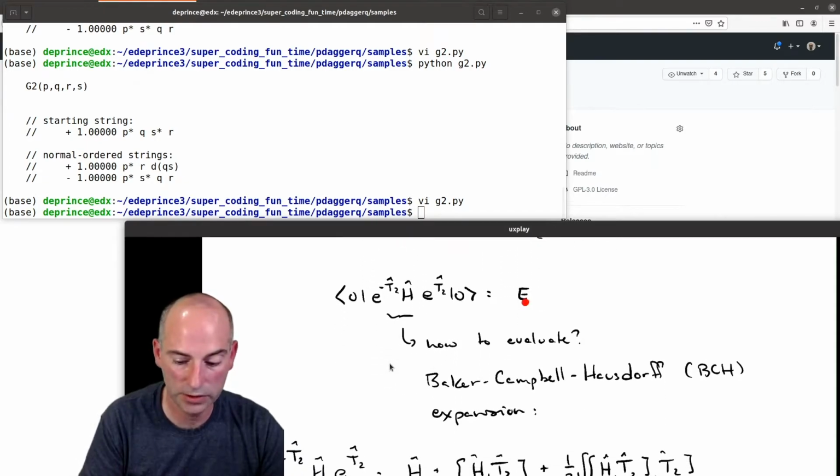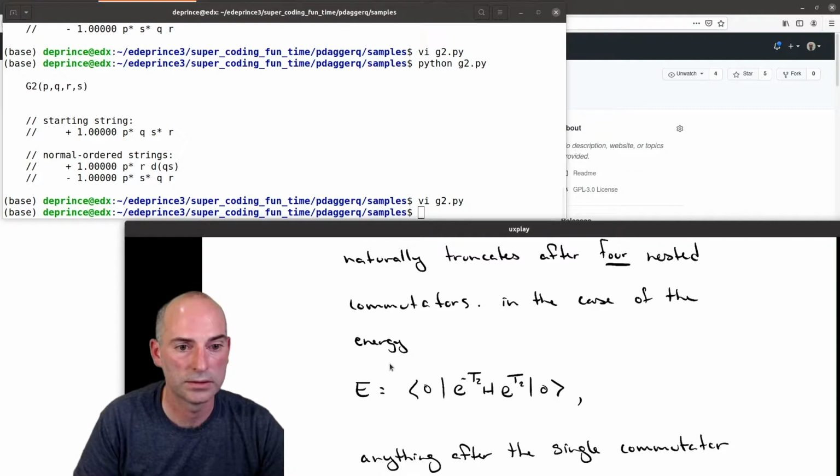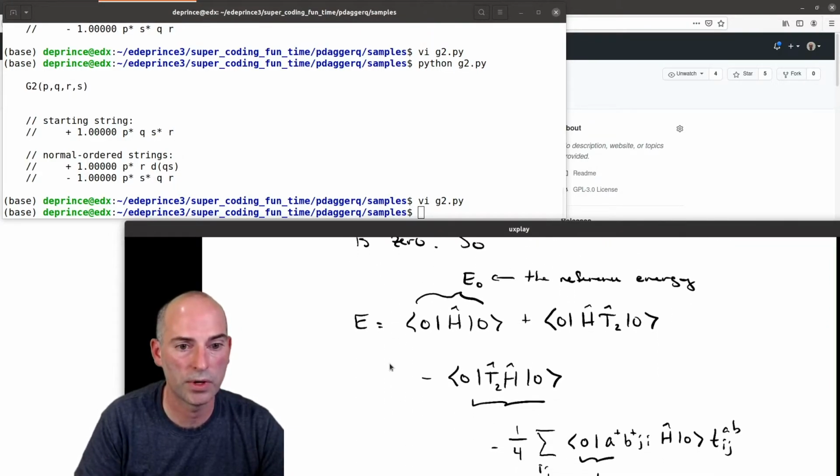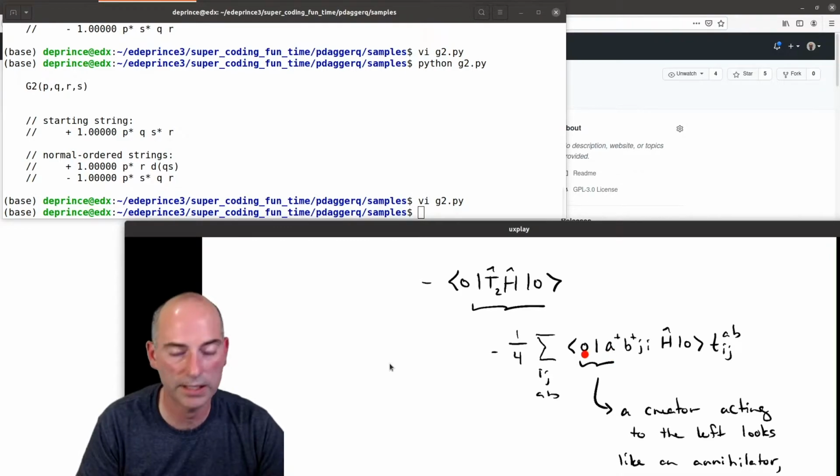So this is the total electronic energy. If you're familiar with coupled cluster theory, this is not the correlation energy. This is the total electronic energy. Okay, so then scroll up. I have this term from this guy. I have an A dagger next to a